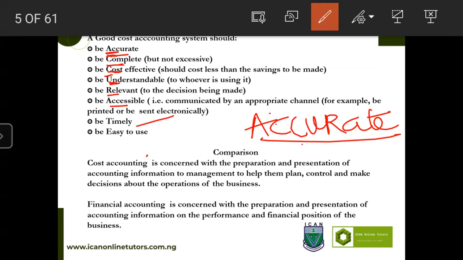Likewise, information must have a time span. It will have a deadline, it will have a date, it will have a time. Then everything that you are doing must be easy to use. If you look at all that I've underlined, that is what makes your work ACCURATE. A is for accurate, C is for completeness, the second C is